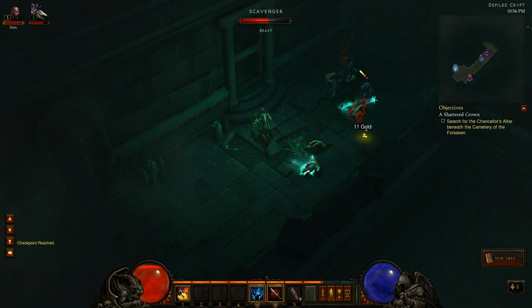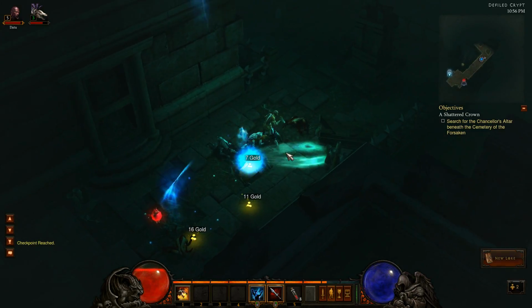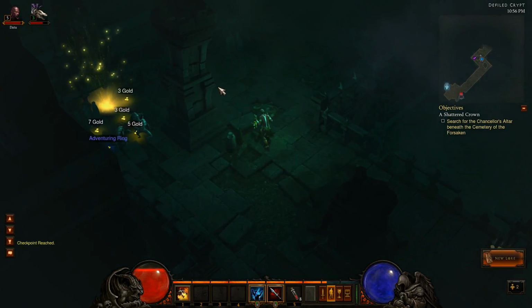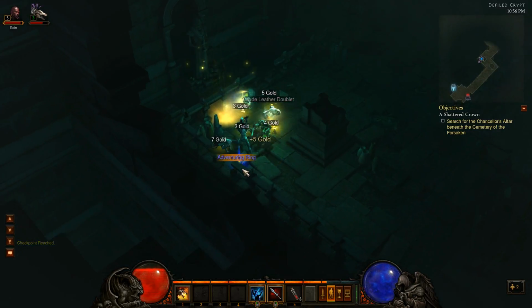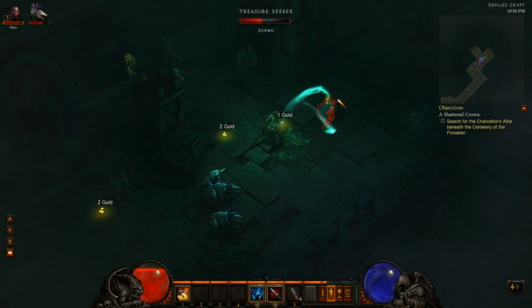And then we're going to just make sure that haunt is on 3 different targets, and then you can start stabbing stuff. That's the most effective way to use the haunt. Oh wow, okay. He just dropped an adventuring ring, oh I thought. But it was actually